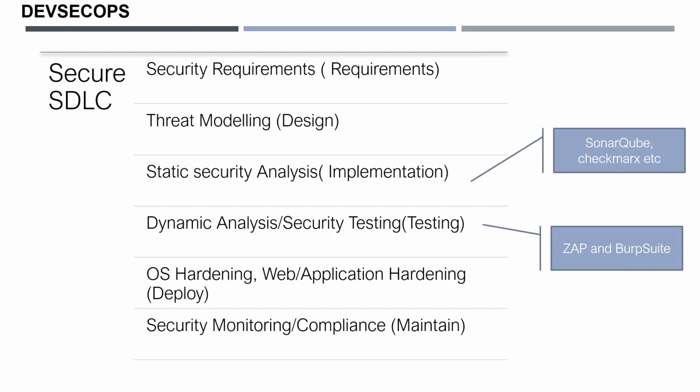Some open source tools are like ZAP and Burp Suite, but the big companies mostly use IBM AppScan and HP Fortify. These tools are expensive, like lakhs and lakhs. Some tools even cost crores, 1 crore, even 1.5 crore as well. They use those tools to do the dynamic security testing. Of course, there will be some people who do manual security testing as well, but it will be mostly driven by the tools.